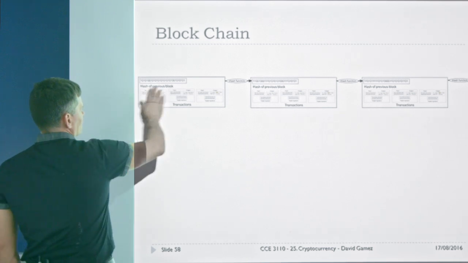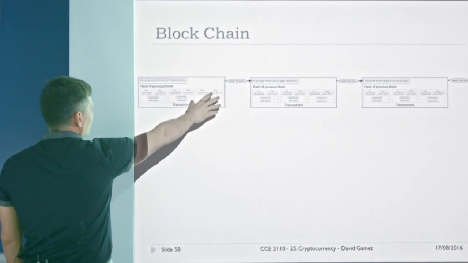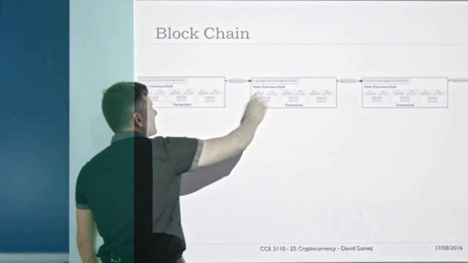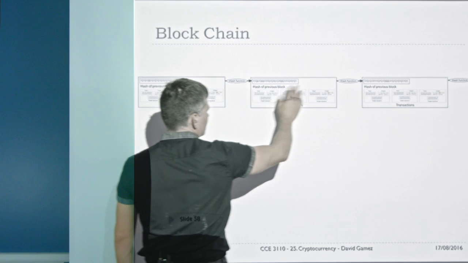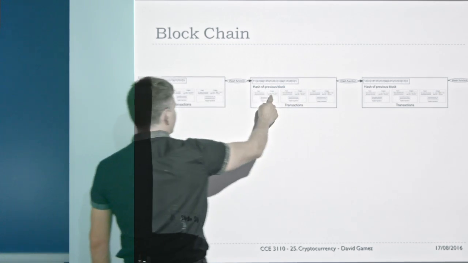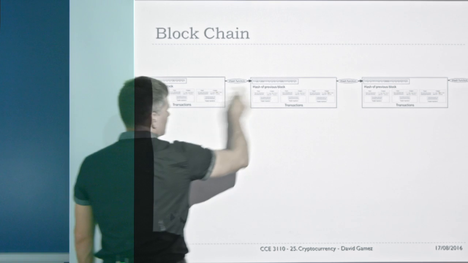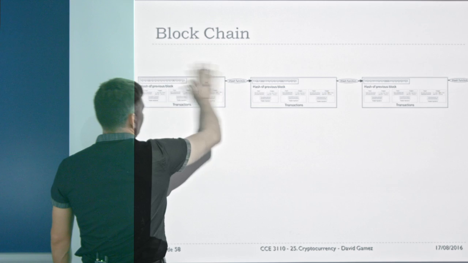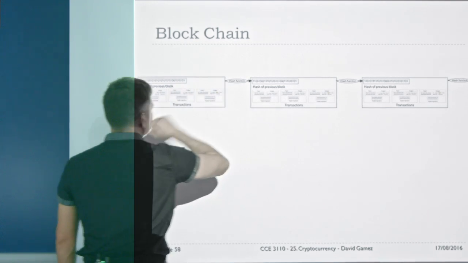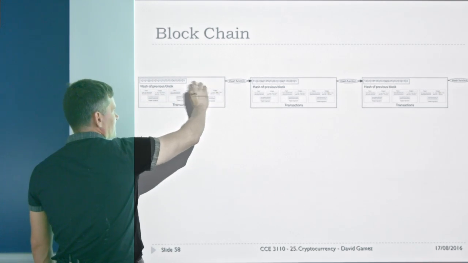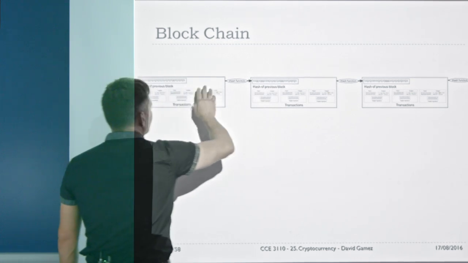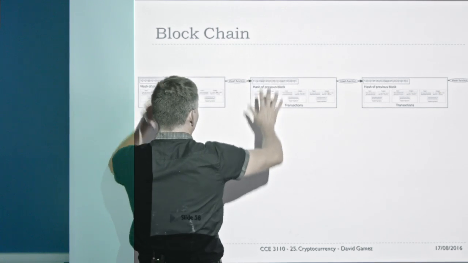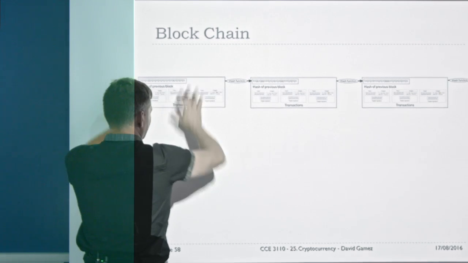So here we have the transactions. Sorry about the resolution of this. This is the first block here, and we've got all these transactions in this block. And then we take a hash of the entire block and include that in the next block. And the next block has another set of transactions. So this transaction must have come after this transaction, because this block contains a hash of this block. You couldn't generate this block without this block. And if you change this transaction just a tiny bit, you're going to change the hash of the block, and so this block's no longer going to be part of the blockchain. There's going to be a mismatch between this hash and the actual hash of the block.